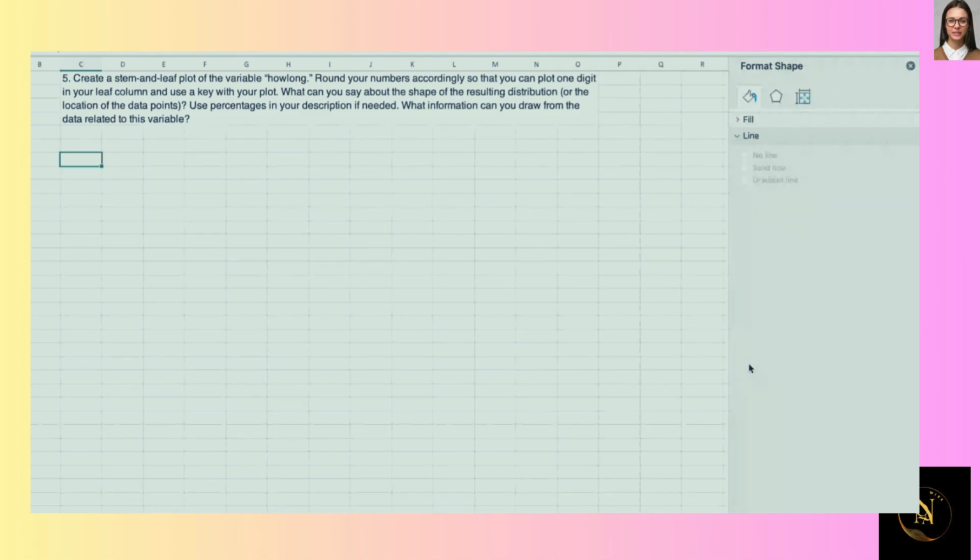So it says create a stem and leaf plot of the variable how long. Round your numbers accordingly so that you can plot one digit in your leaf column and use a key with your plot. What can you say about the shape of the resulting distribution or location of the data points? Use percentages in your description if needed. What information can you draw from the data related to this variable? Okay, so